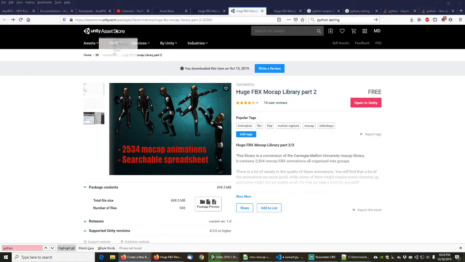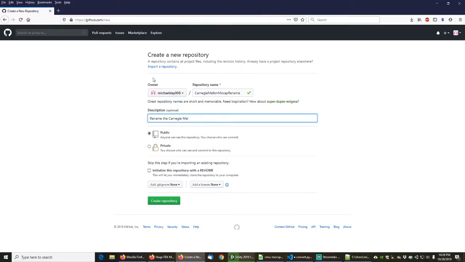All right, yeah. Let's put this window back over here so you can see what's going on. So I just went into GitHub and clicked Create New Repository. We're going to create the Carnegie-Mellon Mocap rename. Rename the Carnegie-Mellon Mocap animations to,